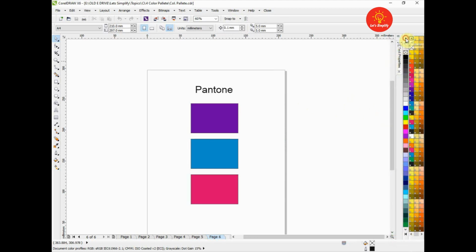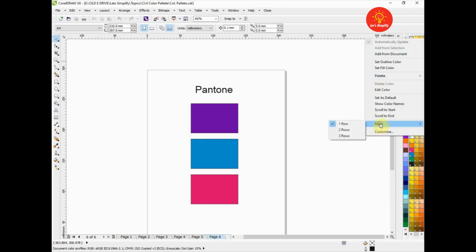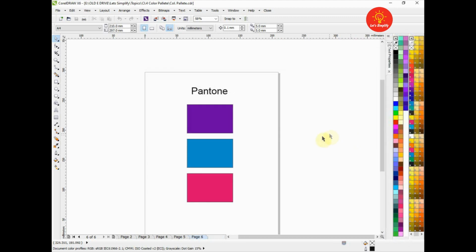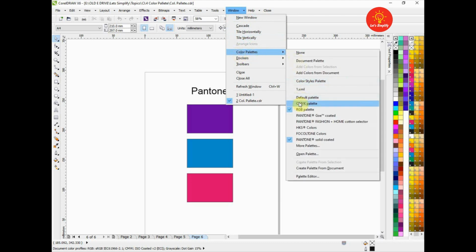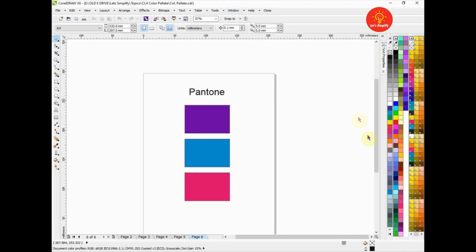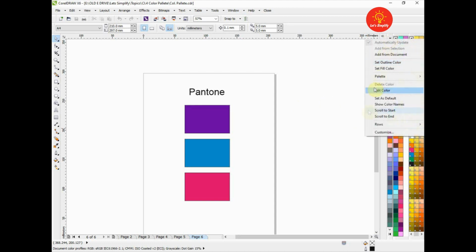Let's increase its number of rows. Now this time we will activate our CMYK color palette and now we will increase its number of rows.